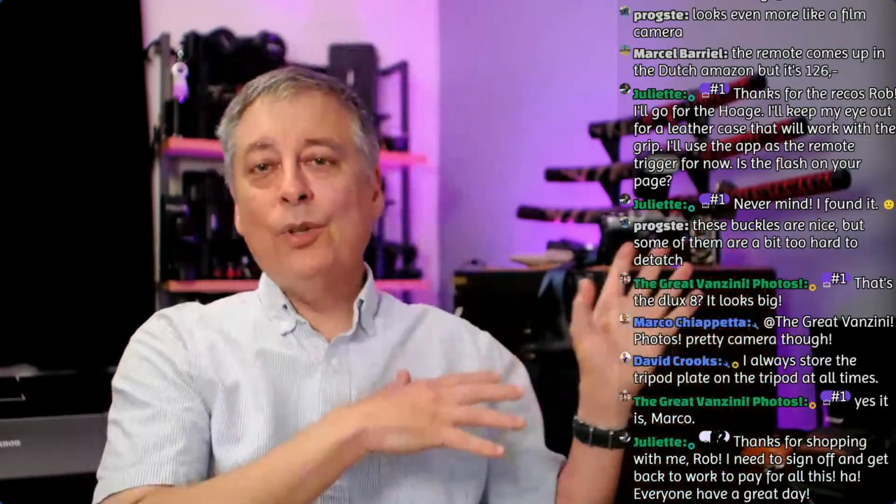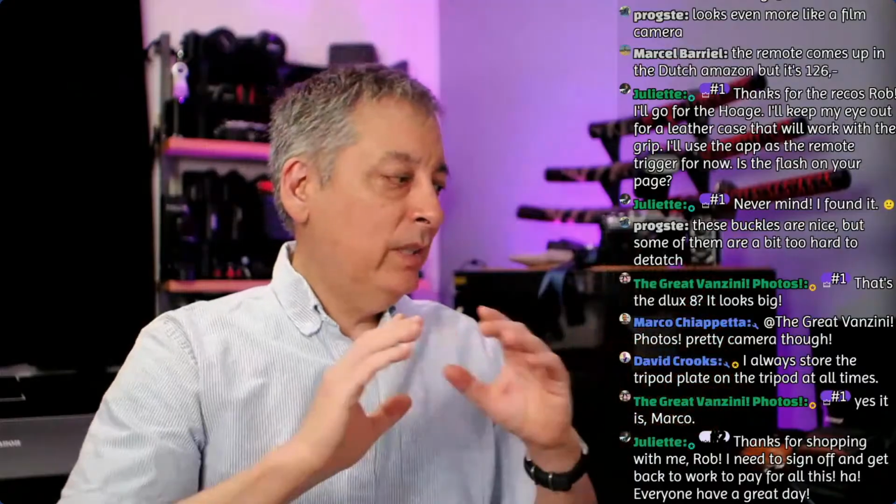Anyway, so why do you go through all that to make a pano? Because if you're just doing panos left to right, say you take 3 shots, you don't need to get carried away like that with that setup. You can do that with a ball head practically. However, if you want to do multi-row panos,